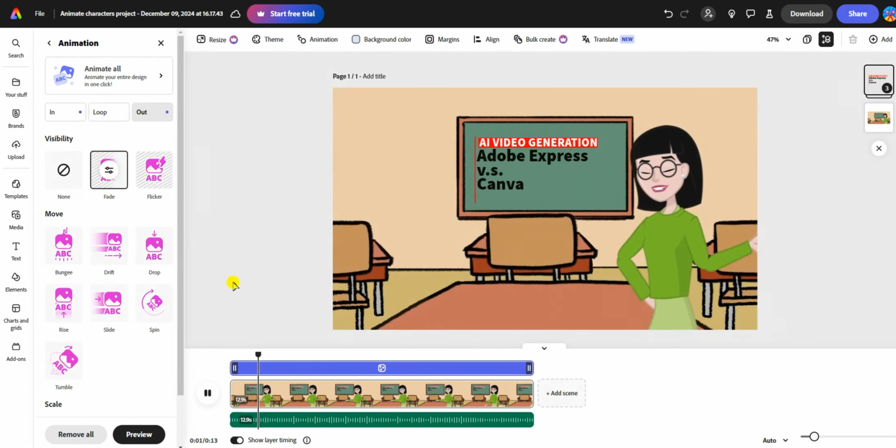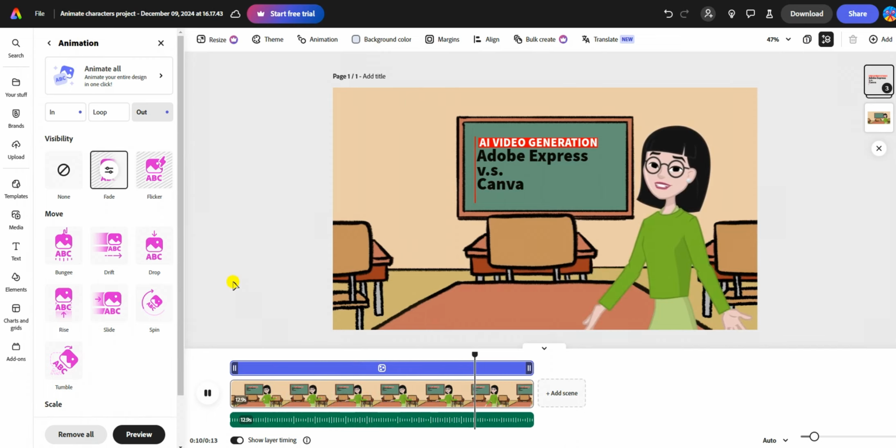For content creators, the AI video tools in Adobe Express and Canva are game changers. They allow you to quickly produce high-quality videos, handling editing, subtitles, and